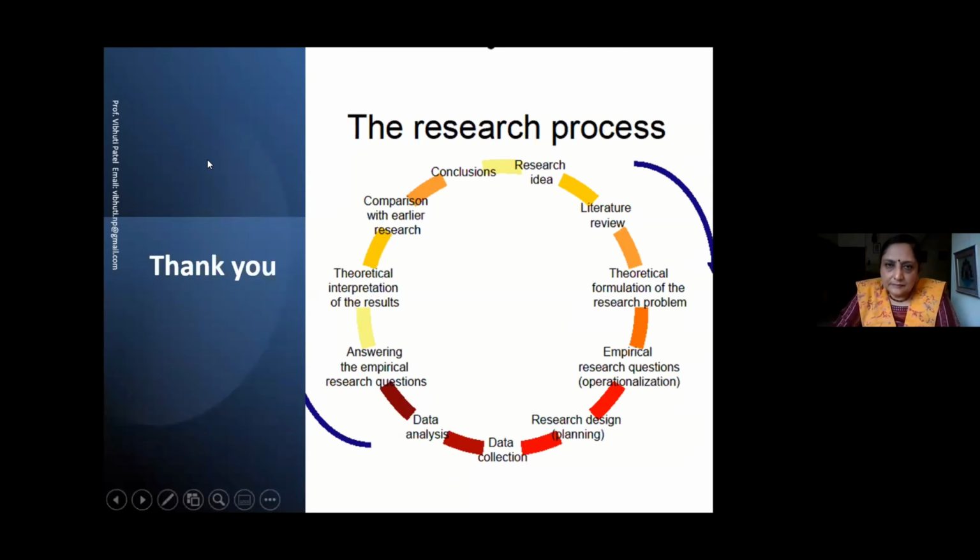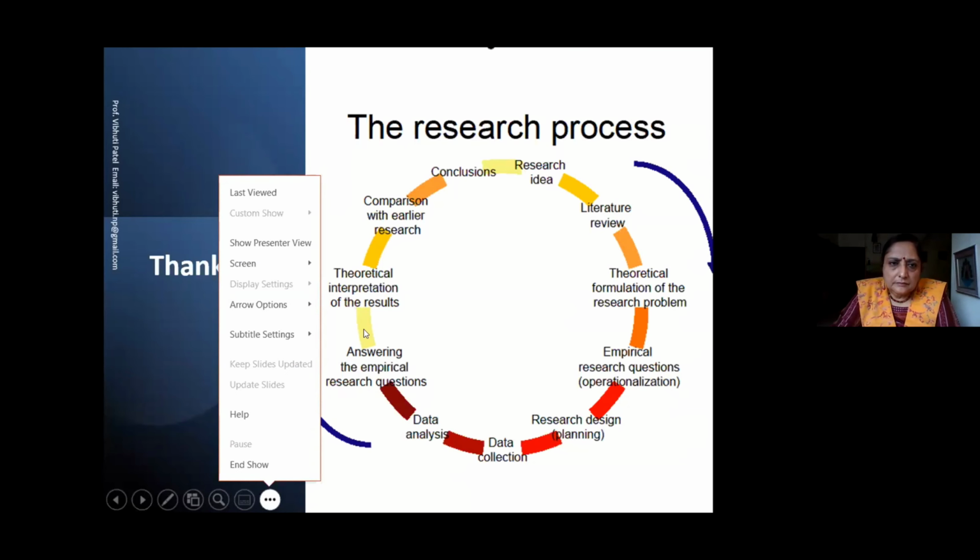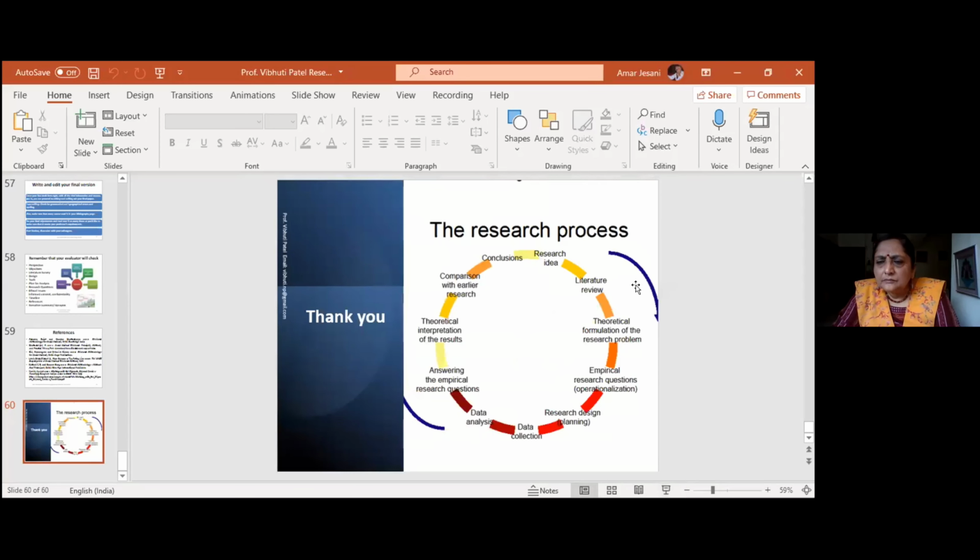Ma'am, one question from my side. Is it necessary that the constructs or variables we design come from other theories? Do we need to take variables or constructs from other theories? I mean, we will have to keep a base of other theories when we go for a dissertation or thesis. Is that necessary? I haven't understood your question. My question is not audible. My mic is not clear.